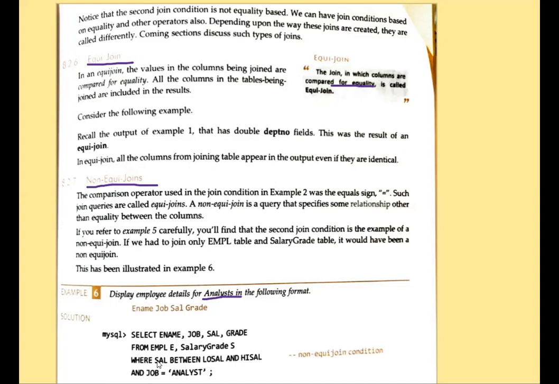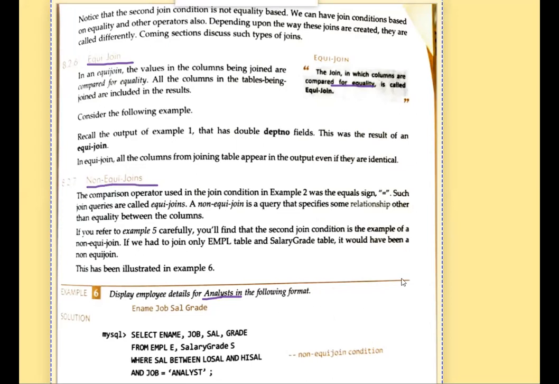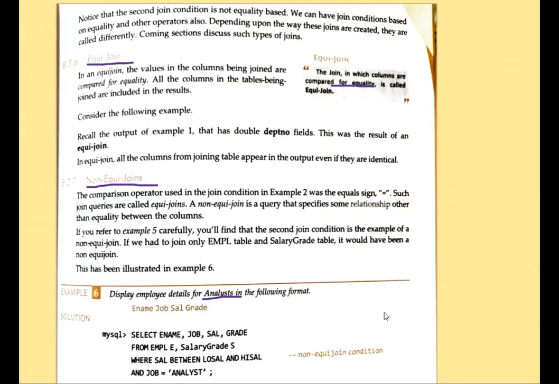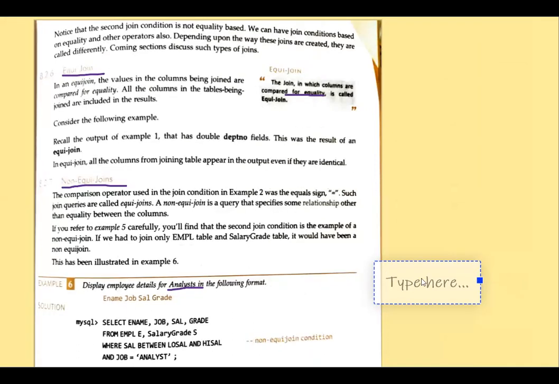What you have to understand is that here I have not used EMP dot. Generally, suppose I'm having two tables, we write something like this: E dot, then any common column, for example X. X is the common column, is equal to S dot X. This is how we are using it in the where clause. So this is called as equi-join.